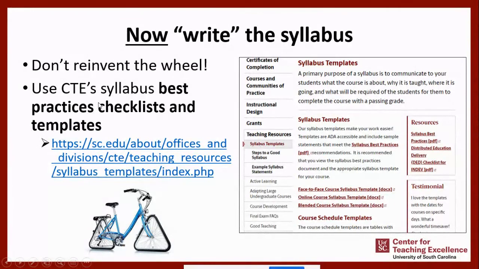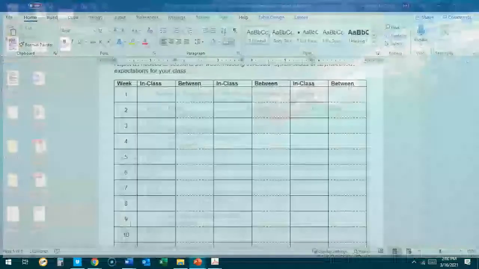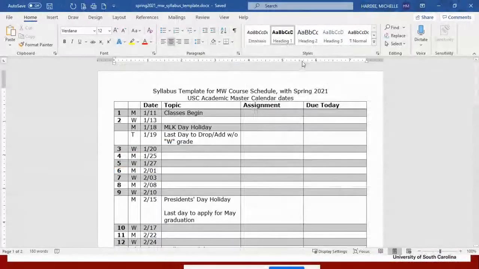Yay! So you have that template that I gave you. Also, we love our campus partners, and so our campus partners gave us some resources for y'all. I'll get to that in a second. Let me show you some more resources that we have. So in the CTE's